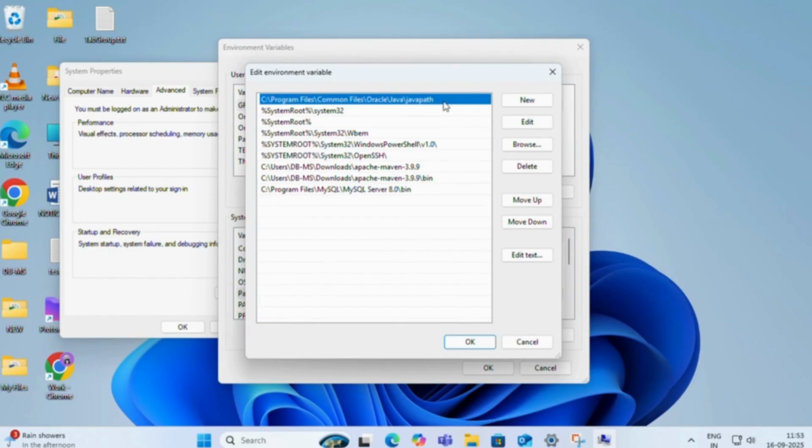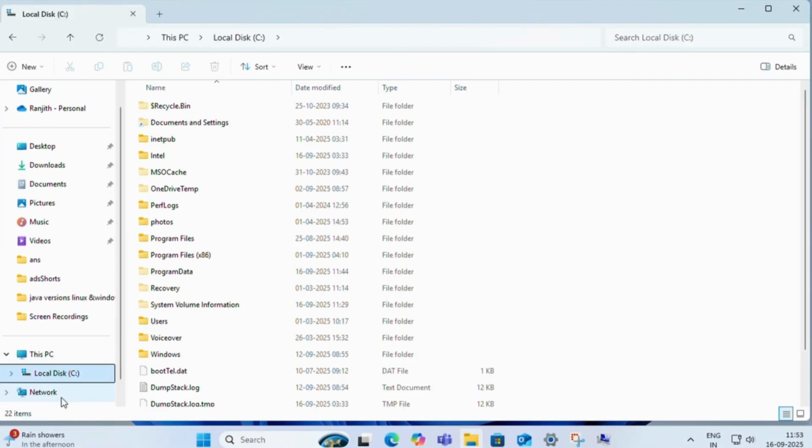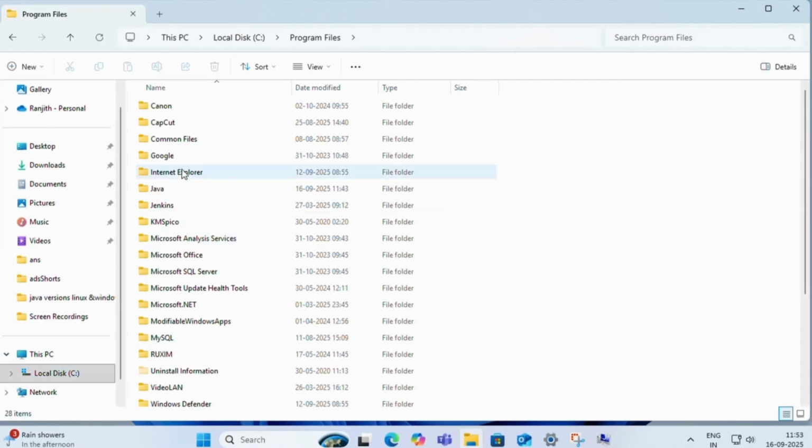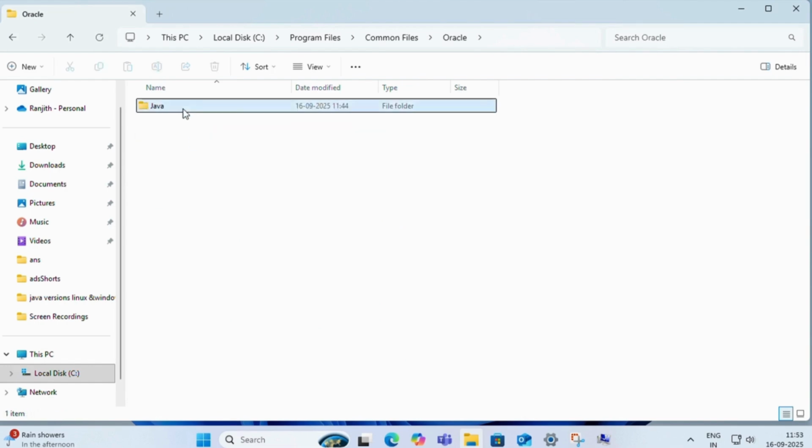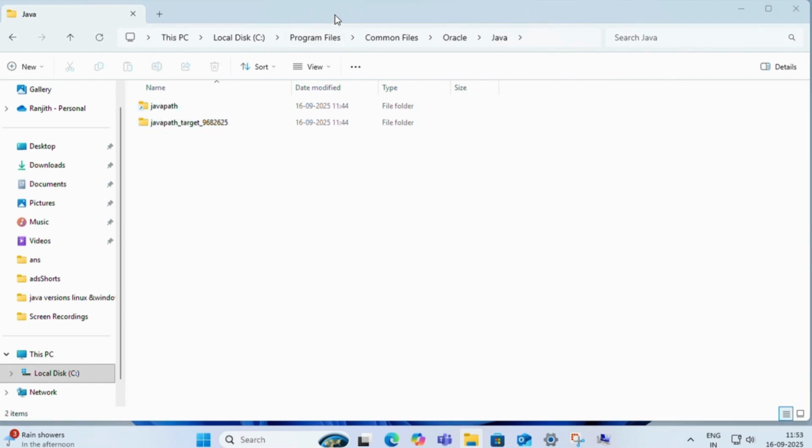Now, open File Explorer and navigate to C Drive, Program Files, Common Files, Oracle and then Java. And there you go. You can see the Java path. Because of this, the system automatically picks the recently installed Java version 24.